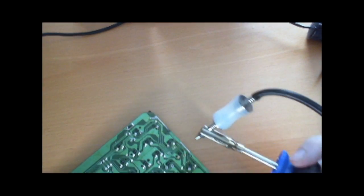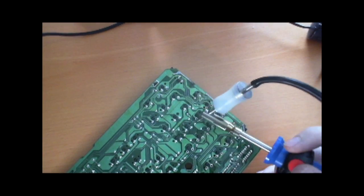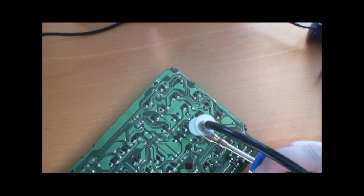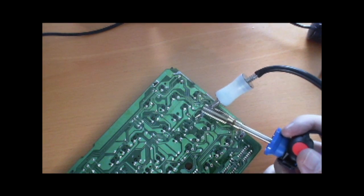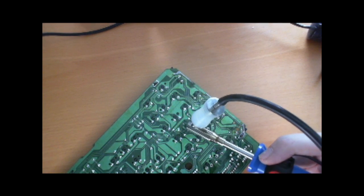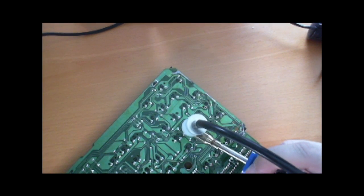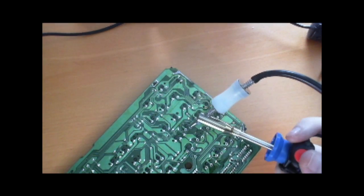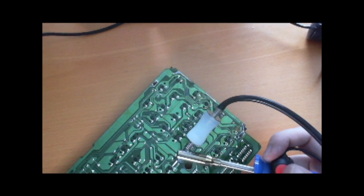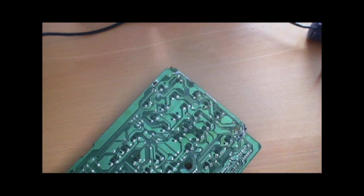It's a very nice device. I already desoldered some of these, and I'm going to show you how I do this. I just press it on until I see the tin going into a fluid state, and I just push it on the pin, and you can hear in the background the vacuum pump, and it all enters the chamber here. I need to clean it now and again, and then if